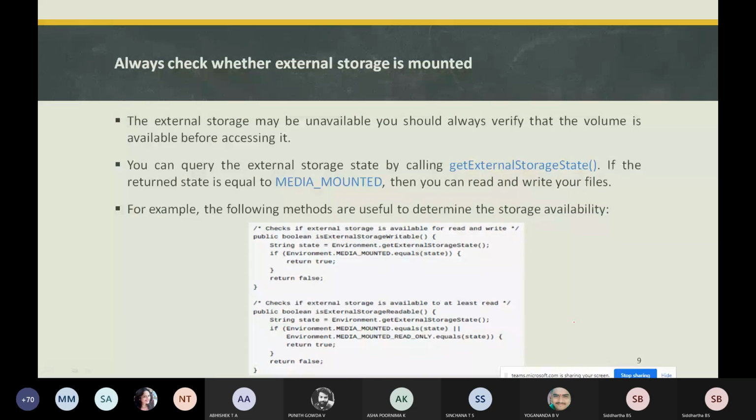You need to verify that the external storage is available before you access it, whether the volume or the storage is available or not, such as when the user has mounted the storage to a PC, or you have an SD card. The SD card is an external storage, so you should check whether that external storage is available or not.